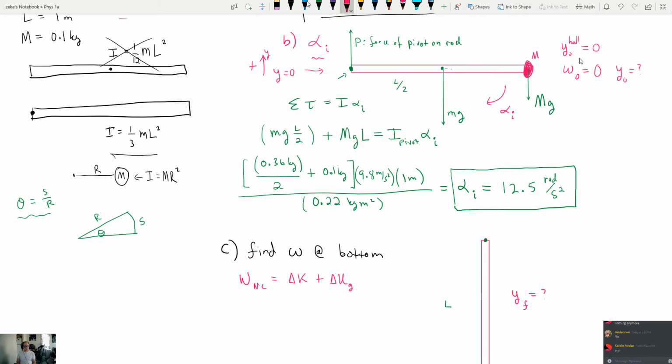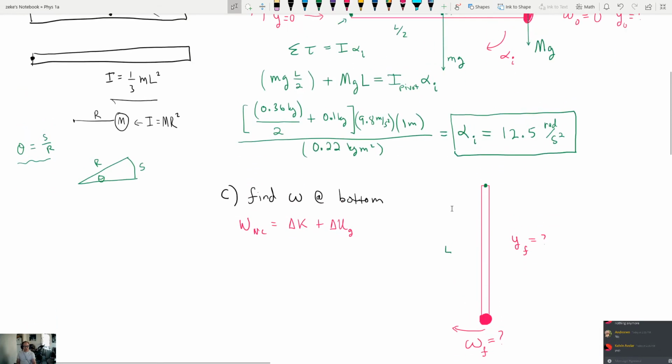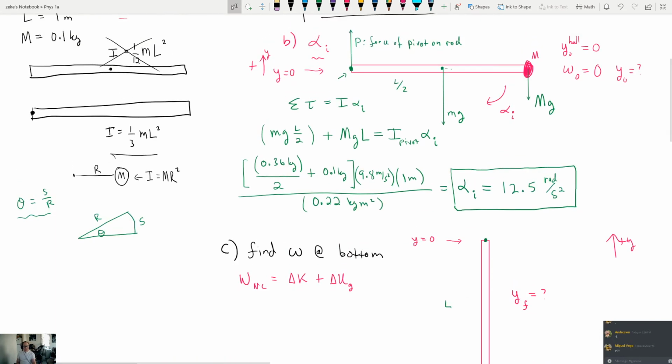So if I call the initial coordinate of the ball to be 0, what would the final y coordinate of the ball be? If the pivot is at 0, yeah, y final for the ball then would be negative L. Does everyone agree? Because again, this is our positive y direction, and we're calling this y equal to 0. Okay, so y final for the ball is negative L, y initial for the ball is 0, okay? We also need to do the same thing for the rod now. For the rod, what would y initial for the rod be? Well, it's also 0, right? But then y final for the rod,